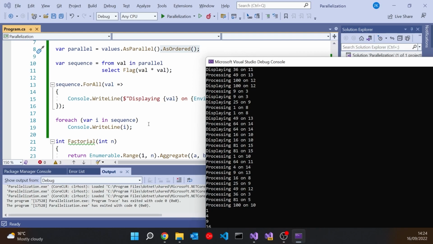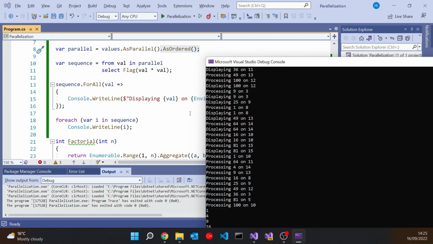ForEach is going to wait until everything's done, so it's not going to start reporting immediately. But if you've gone for AsOrdered, it will do it in the correct sequence. ForAll can start displaying much quicker, and it's going to be doing it in a multi-threaded way. But because of that, it doesn't yet know the order because we haven't reassembled the sequence on the end. So both have their uses. Generally, ForAll is going to be more efficient, but clearly if you want the sequence in a particular order, then you're going to have to wait till you've finished and use the AsOrdered.